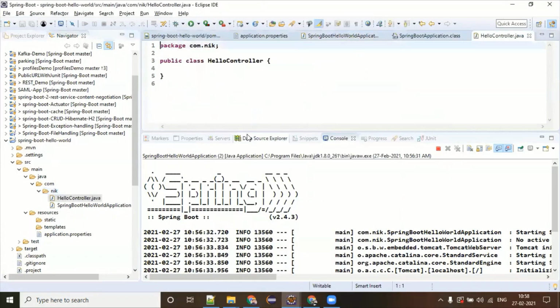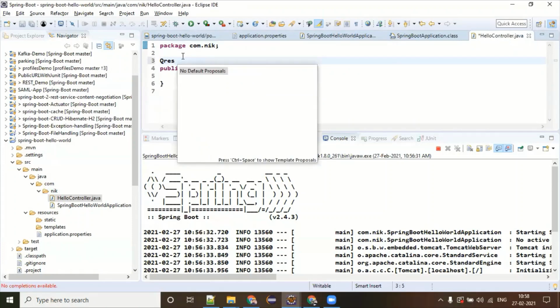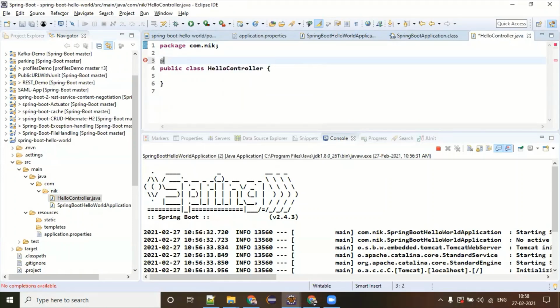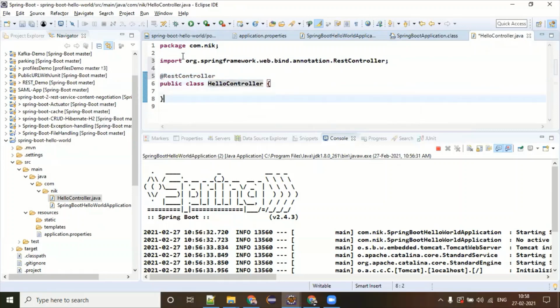Click on finish. Remember, Spring Boot is mainly for REST API kinds of things, so instead of controller, use the REST controller. Then you have to create one method which is going to entertain the particular request.